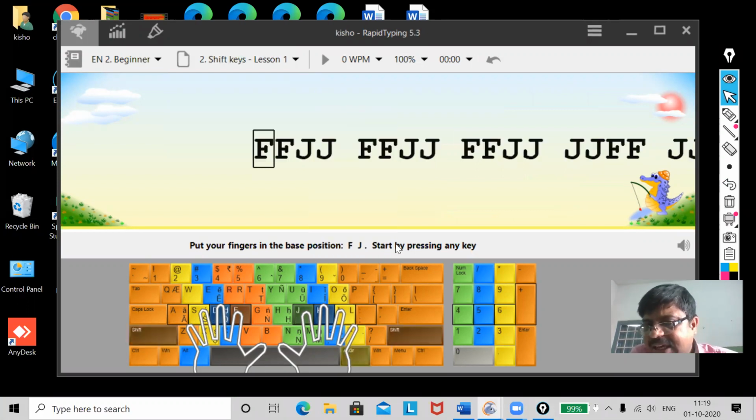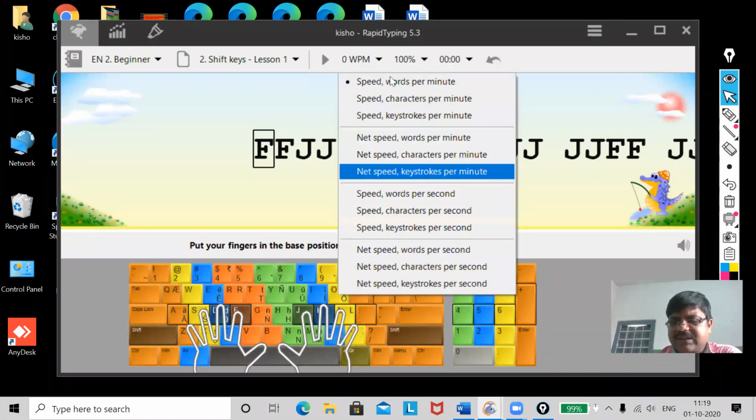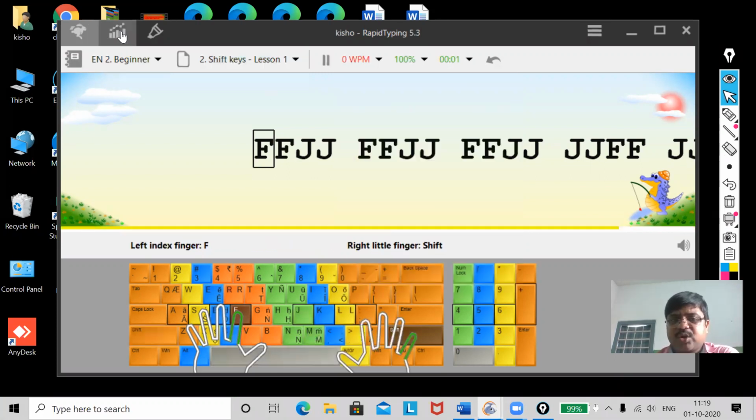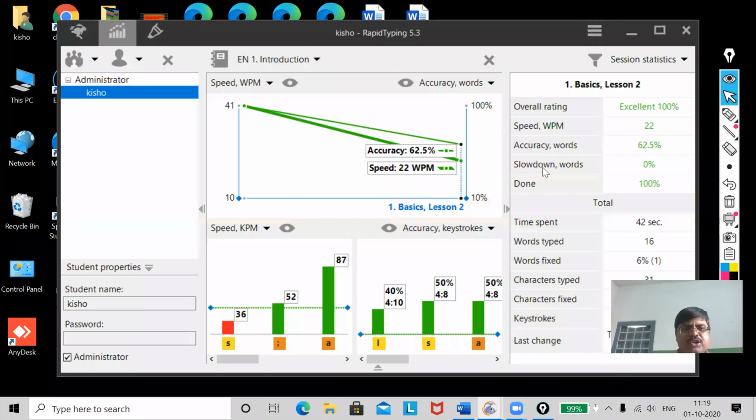Now you can see here it is said not to use caps lock. Here you have to use the shift key and then F, shift key F, shift key J. Don't try to use caps lock, so that if you use this lesson, your practice of the shift key will be done, my dear. Here you have the speeds related to that. You can even change the settings also. Here I can also set my password, whatever password I want to set. Any modification you want.